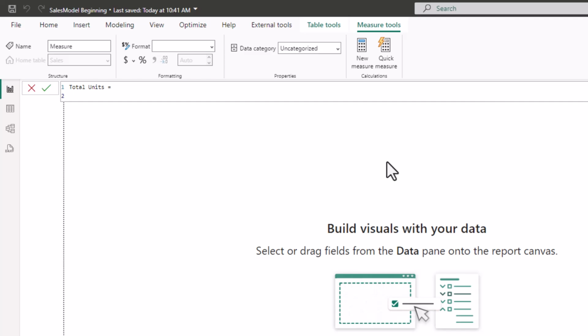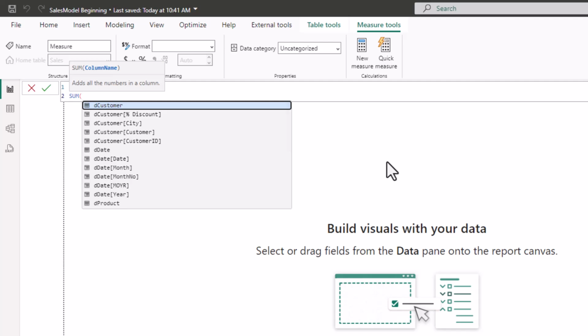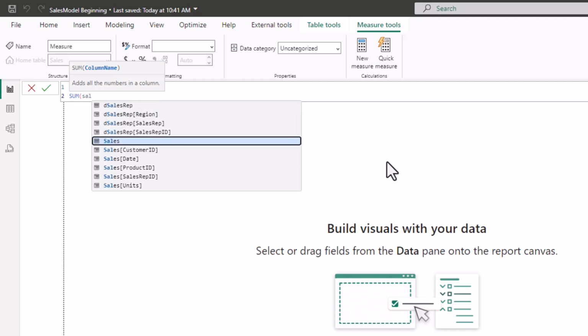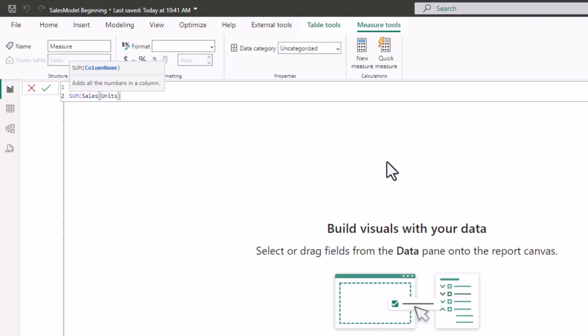That will create a new line. We're going to go sum, and for the DAX IntelliSense, it's asking for the column name. So what we want is the sales column, and we want units. This will sum up the entire units column into this measure. We're going to close it out with a right parenthesis, and now in our sales table, we have a measure